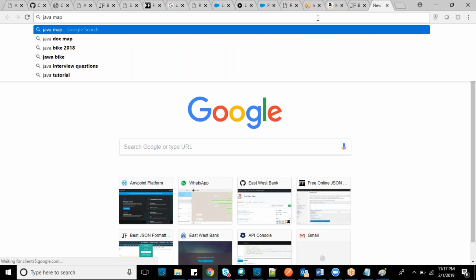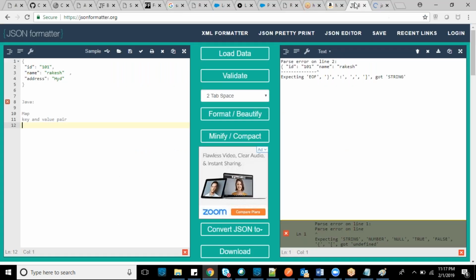In Java, the Map is actually an interface. It will always have key and value pairs. For example, the declaration of the map will be like HashMap.